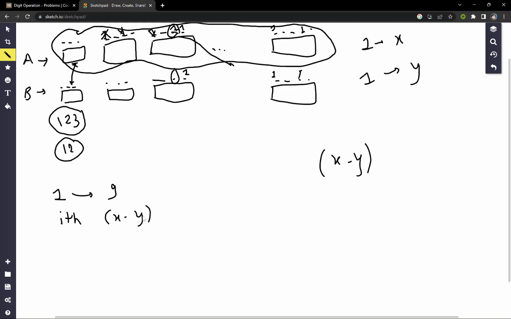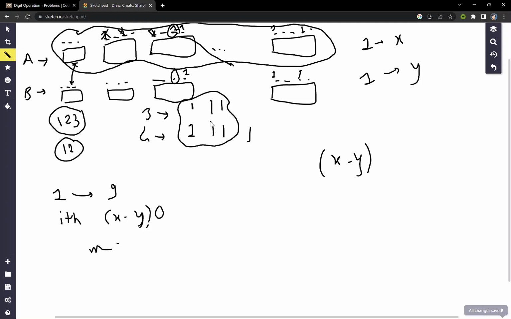If the number of characters in array B is greater than the number of characters in array A, then we will not need any extra character. Means if we have 4 ones in array A and we have 3 ones in array B, this will exactly match. 3 ones in array A will exactly match with 3 ones in array B. So this will handle the case of another digit which will not match.